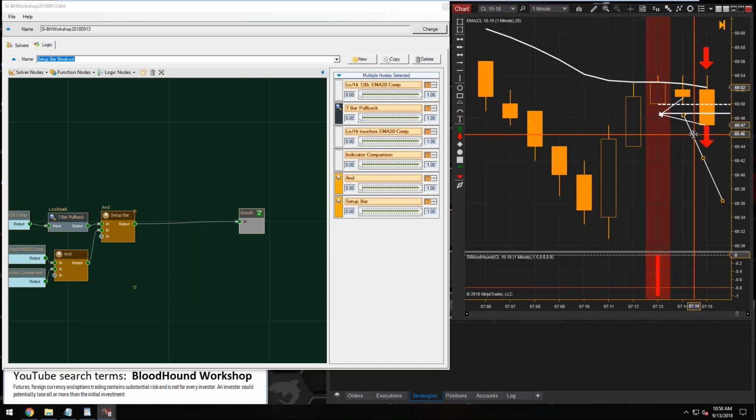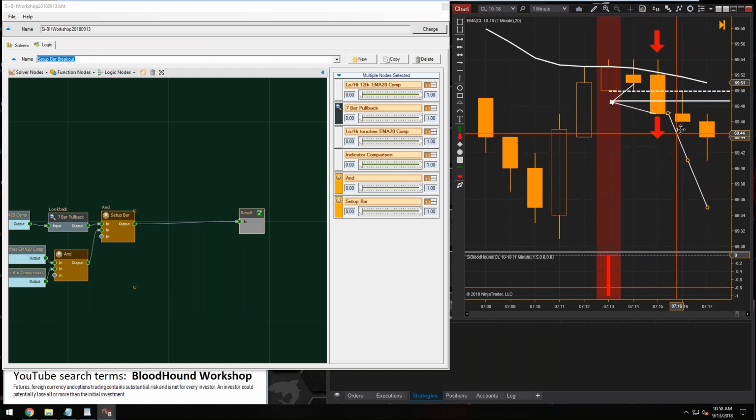And then if we step forward again, BloodHound looks at the close of the bar and compares it to the plot of the same bar, right? So if an indicator is plotting this price, BloodHound just keeps comparing the current bar to the plot, and it doesn't have to look back, right? When BloodHound has to keep looking back one additional bar,